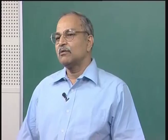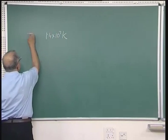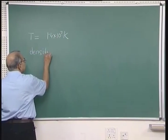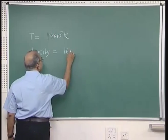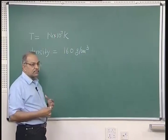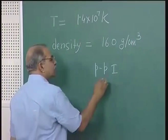In the previous lecture we talked about what is going on inside the core of the sun, how nuclear fusion is taking place and how hydrogen is being converted into helium. We saw that the temperatures are about 1.4 × 10^7 K in the core, and the density is also very high, around 160 grams per centimeter cube, and corresponding pressure, and with that the reactions PP1, then PP2,